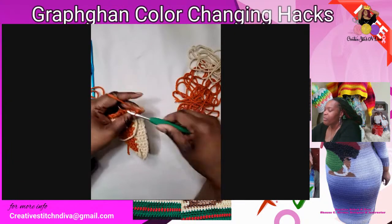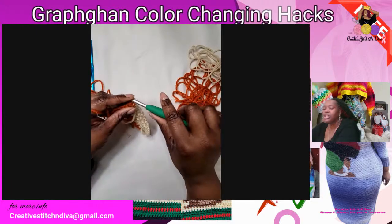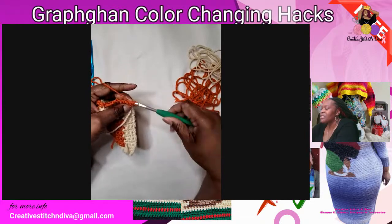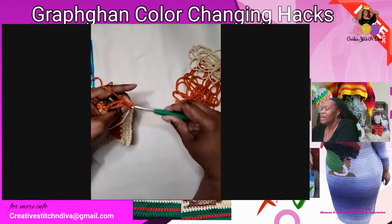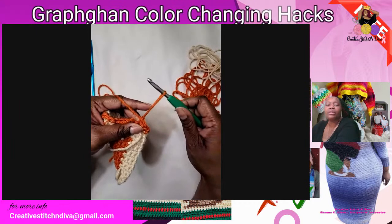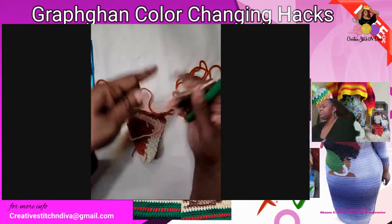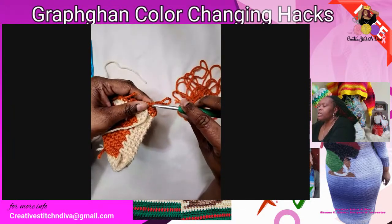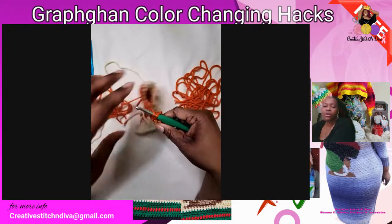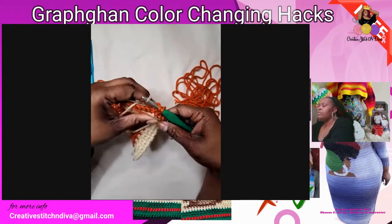Yeah, so one. Oh wait, I have a habit of doing single crochet. I mean half double crochet. That's why I automatically start with half double, because that's my go-to stitch. All right, so single crochet and pull it up. Now I'm going to add my cream, and I'm going to go into both loops. So for the single crochet, we're going through both loops. And we're going to pull it up,